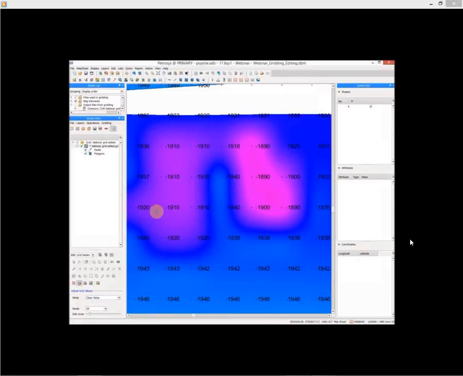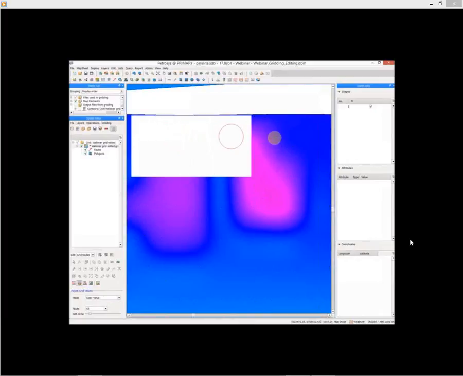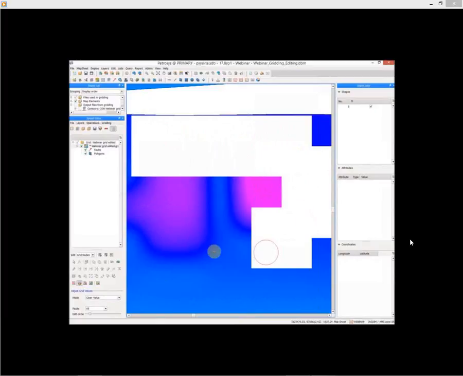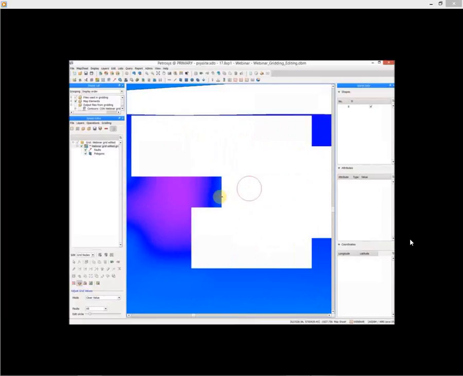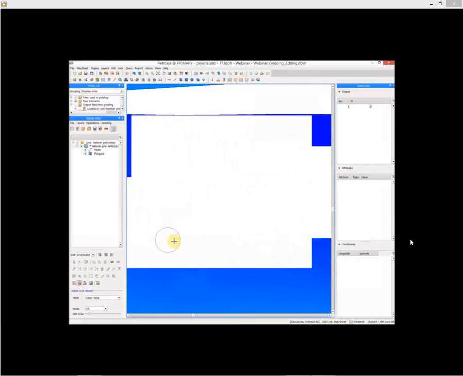Now I'm just going to edit the areas on my map that I wish to change the values for. Just to make sure I get them all. Okay, now when I'm happy that I've cleared the values,